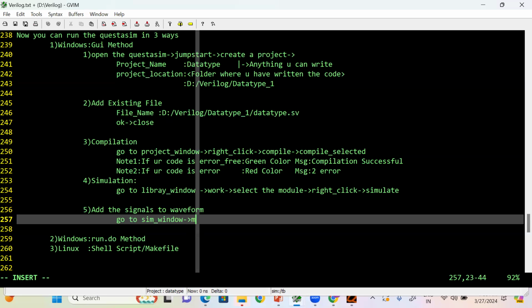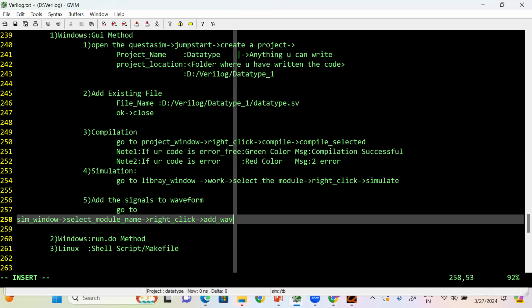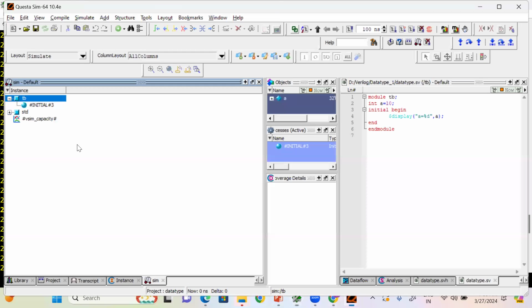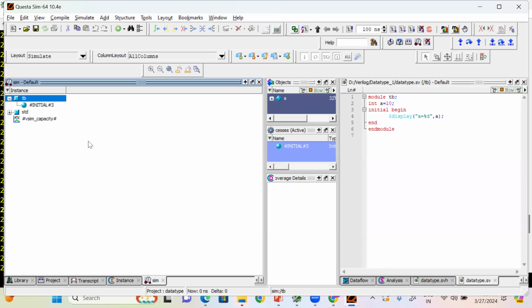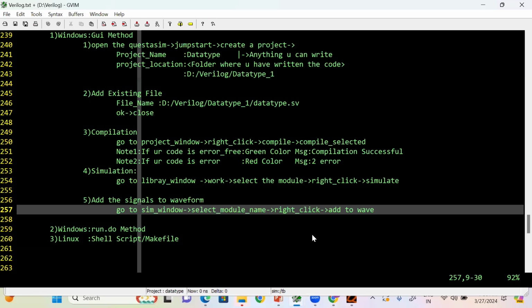Go to module name. Select module name. Right click. Add wave. Add to it. See here, the sim window I have opened. Right click. Add to wave. Okay, so that's it. And the fourth one, the next last step is